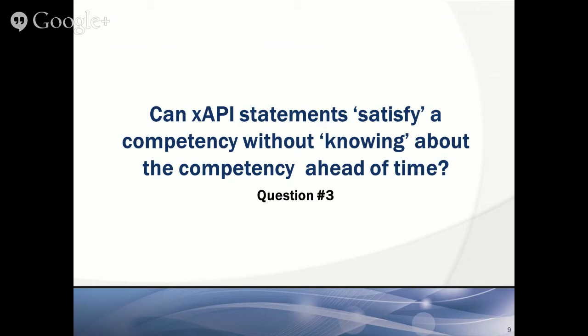Okay, so now we've shown that you can satisfy a competency with Experience API statements. We found that when you select a competency, you can dynamically find content that's associated with it and launch it to the user. But we still have that problem that the Experience API statements have to be hard-coded to know about the competency. So can we set it up so that Experience API enabled content can track, and later that data can be associated with a competency, and maybe not just to satisfy it? Maybe you satisfy it as a novice, or you become an expert, or you get a certain type of badge.